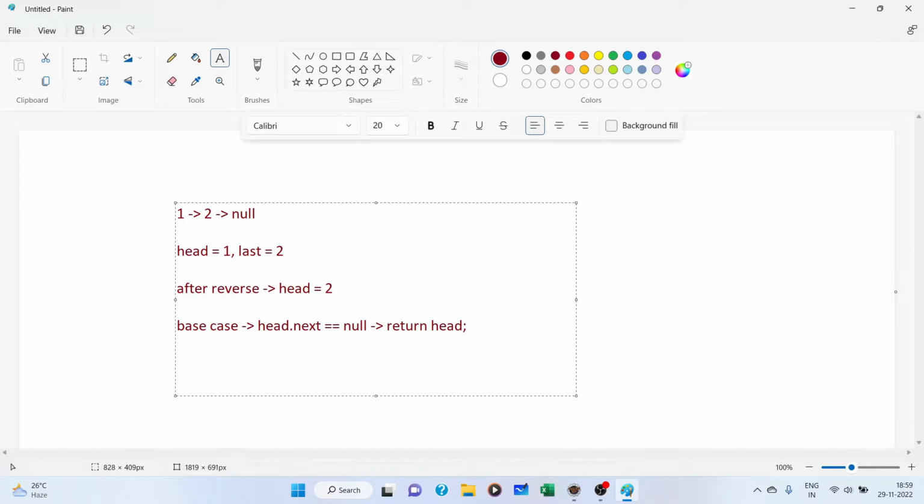Alright. Now we cannot return null. It's of no use. So basically we will be returning the head itself. So we will be returning the last node, and this will be the new head for our linked list that we want. Okay. Now the linked list that we want,